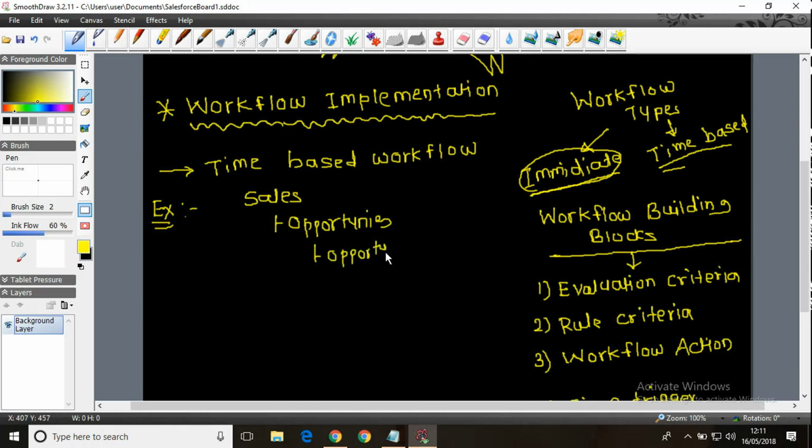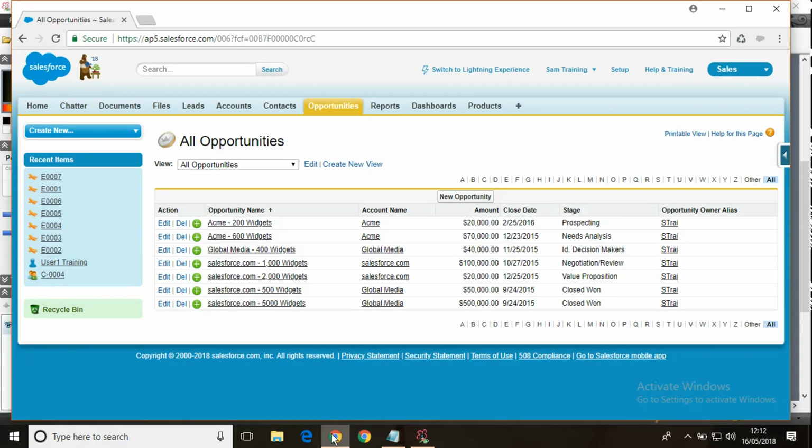If you look at all these records, these are the records in opportunity. For every opportunity there is a potential amount. If we win this business, how much revenue will we generate? That's the amount against every opportunity.